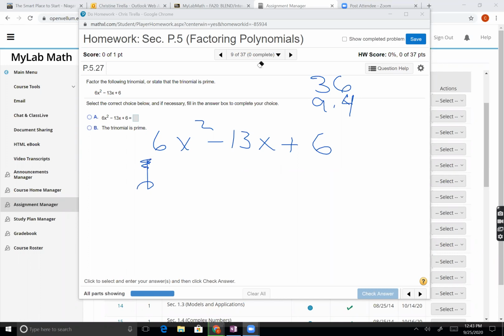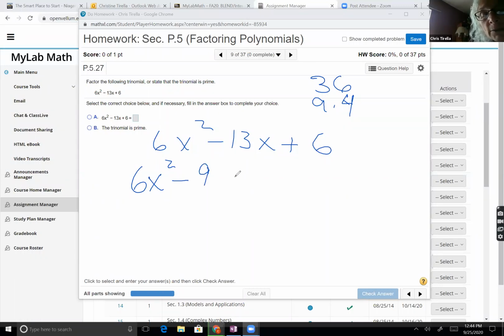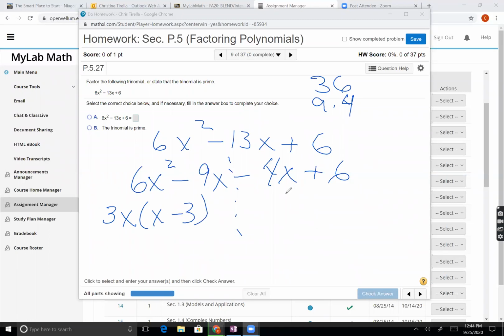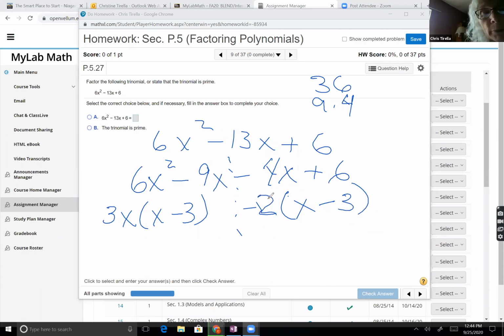You turn it into 6x minus 9, 6x minus 4, and then you factor out the 6x minus 9 to 2x minus 3. So you change that into 6x squared minus 9x minus 4x plus 6, and then you do your factoring by grouping? Yeah, basically. That one's not as bad as the other ones. And so I apologize for berating you early on.